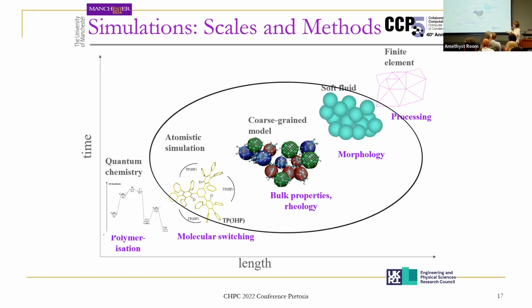The advantage of moving from here to here is that you have even less number of particles, and therefore you can run larger systems for much longer time. And you can do this up to a certain point. At a certain point, the number of atoms you want to collect in a single particle becomes so big that you can't really treat it as a classical object anymore. So assuming that it just moves through classical Newton equation, and you basically cross over to the continuum modeling, like finite element, where your smallest degrees of freedom is actually a unit of volume.